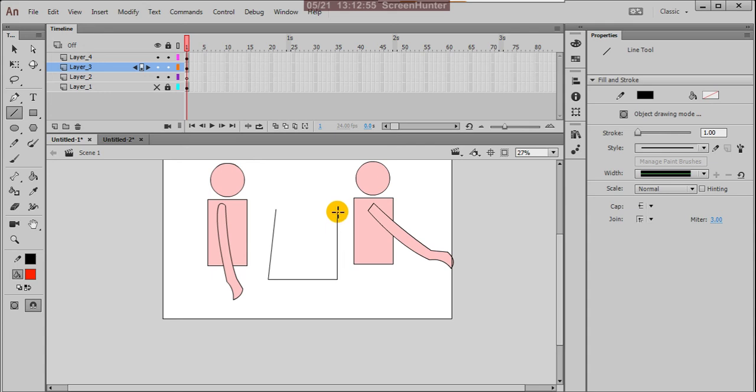When you move this line to the first one, automatically it is connecting to that. So that means the magnet is working. Because of these four corners connected, you can easily fill this by pressing K.